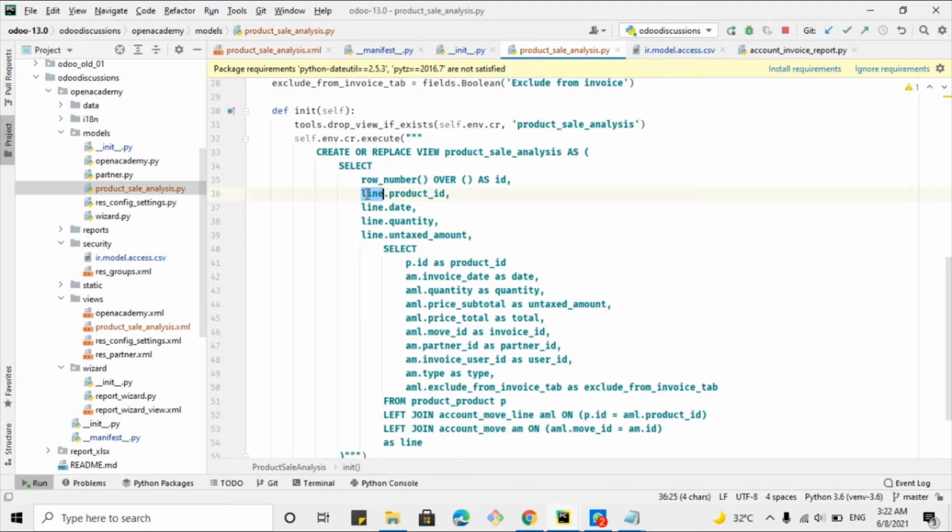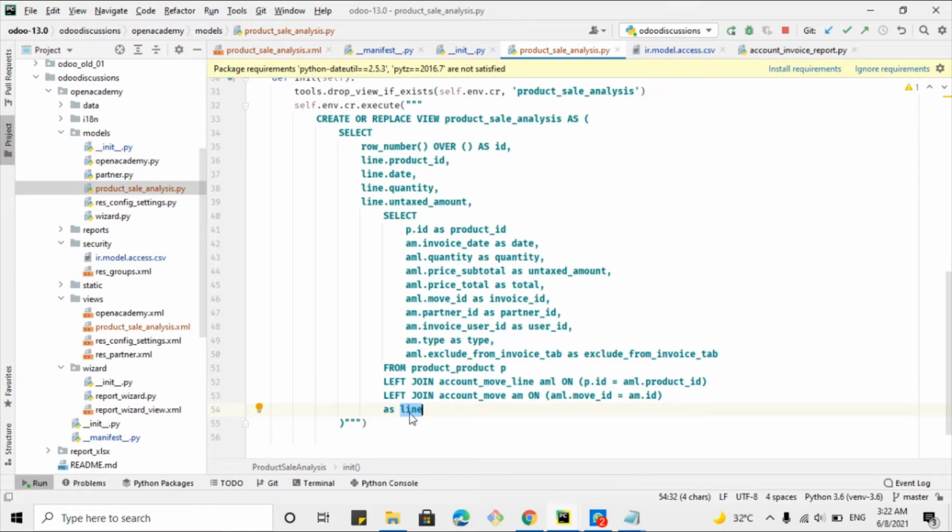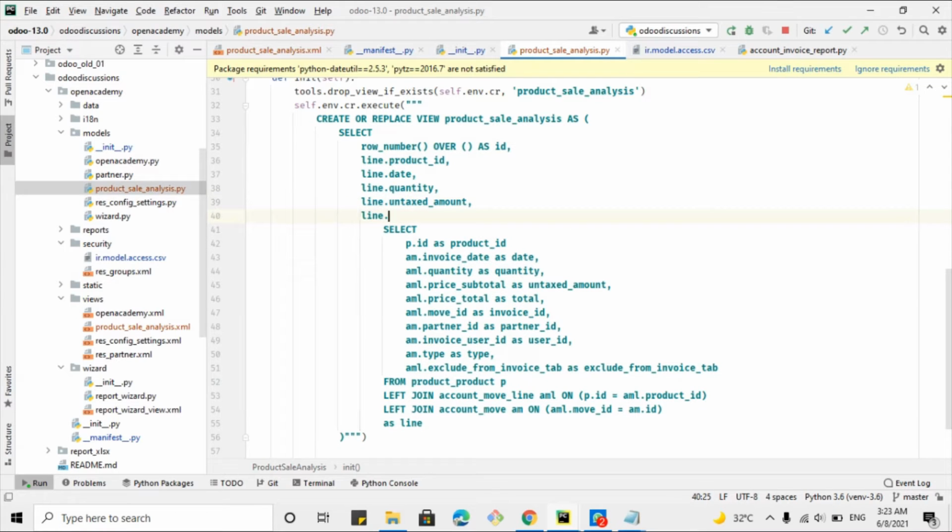And what is line? Line is actually the alias for this select statement. So this will just create a table, you can say a database table, which does not actually exist, but it is just the alias, and you can get the data like this, line dot, and then we need to add total